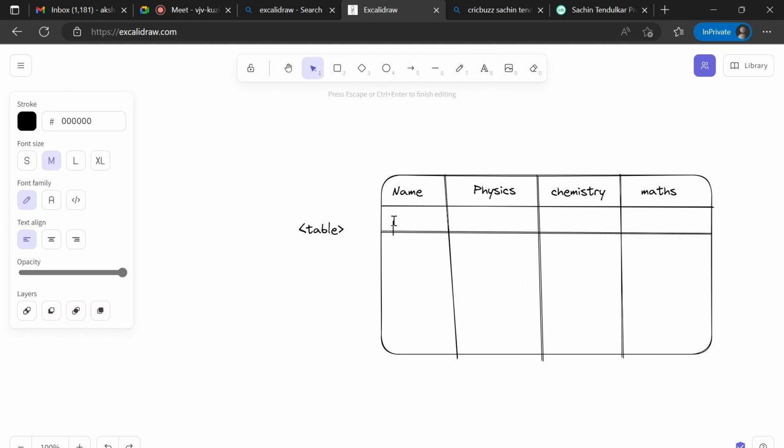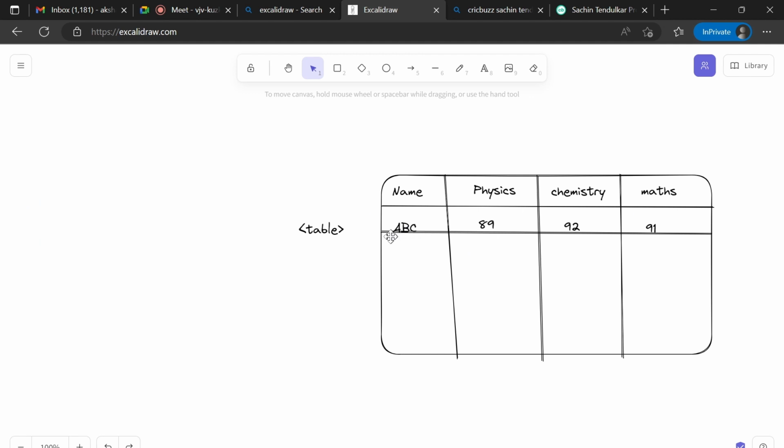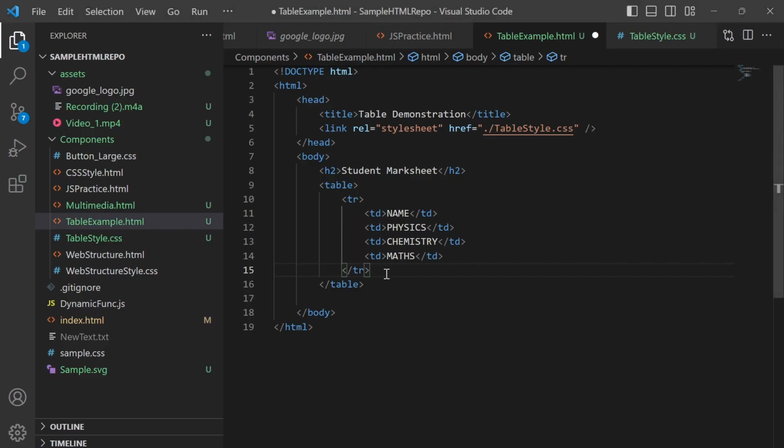Now I will put the name ABC, then I will put marks. Okay, so again what I did, I created one row and then created individual cells: first, second, third, fourth. So same thing I will do here: create one row, tr, table row, then td.